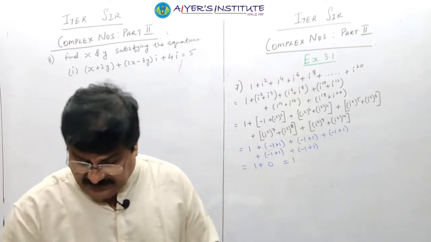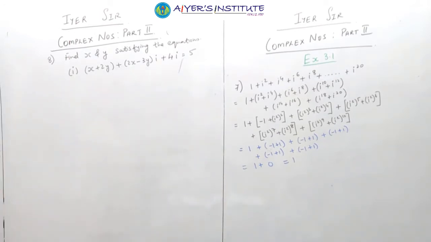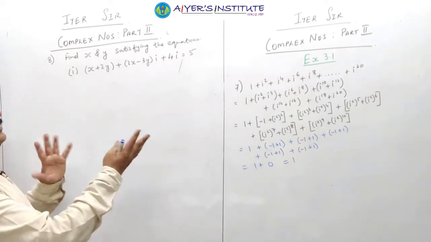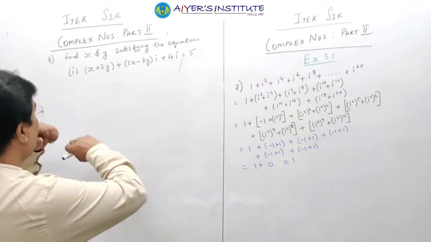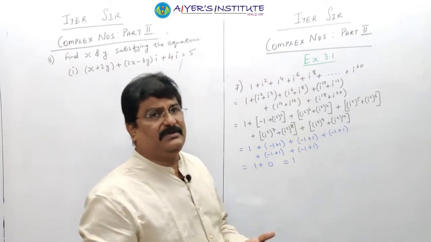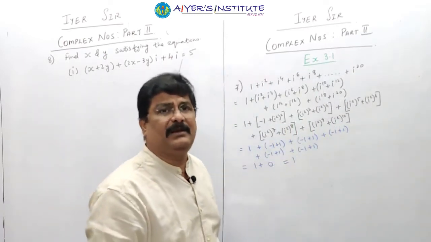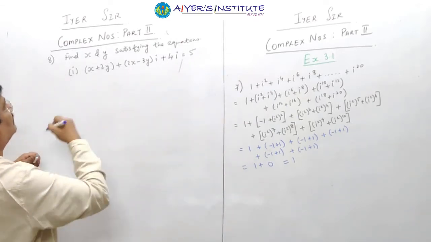Very important sum, a very simple sum. Only we have to understand how to deal with the concepts. Now, coming back to the next sum, these types of sums are very important because these are the ones which are asked for more marks. Here, first what we will try to do is write both the sides in the form a plus bi, or open the whole bracket. There are two ways of doing the sum. Either way, in a comparative study we come to the same place.